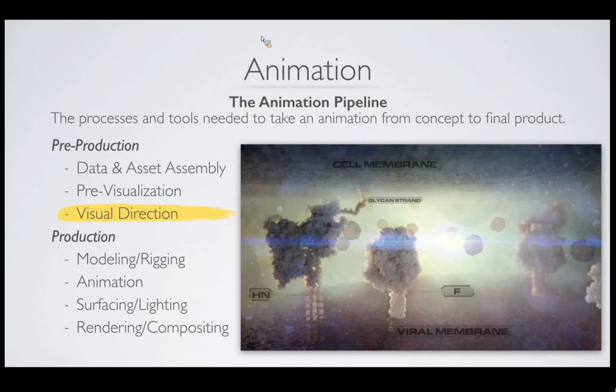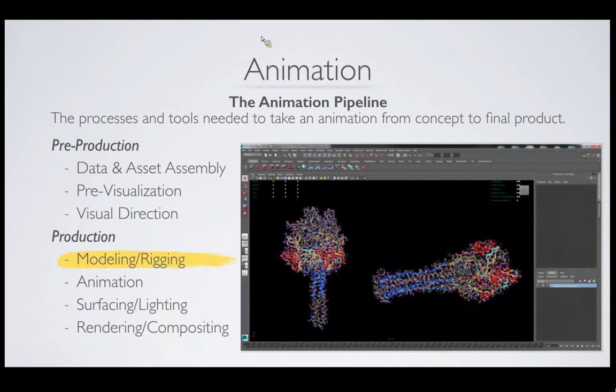Now moving into the production phase, you start typically around the modeling and rigging stage. This is where the actual objects themselves are being put together. You're modeling these things that we're later going to be animating. Rigging is the process of giving a skeleton to these objects. Without some joints and rigid parts that they can conform to, you don't really have a good way of moving these things around, which you have to be able to do for animation.